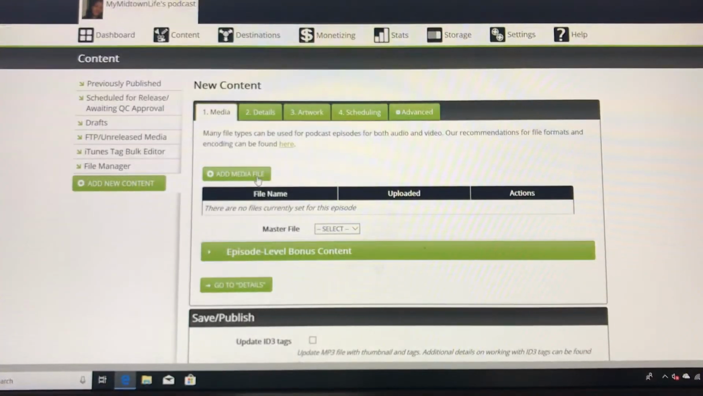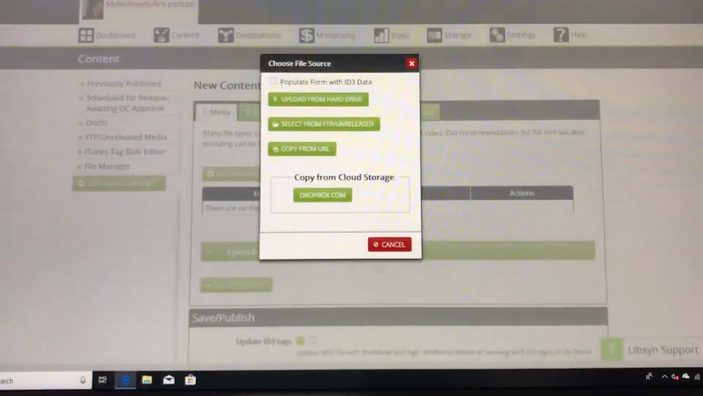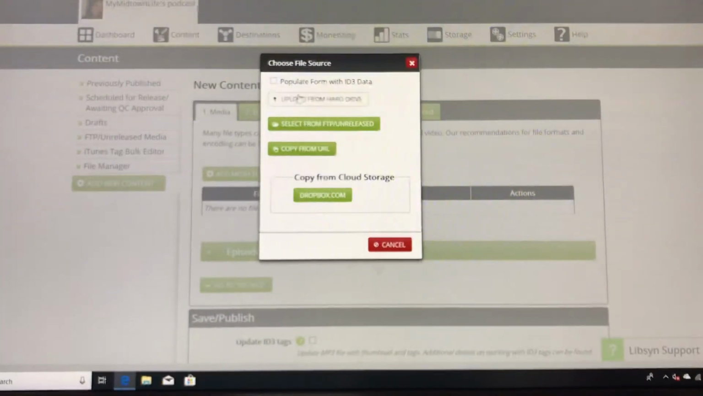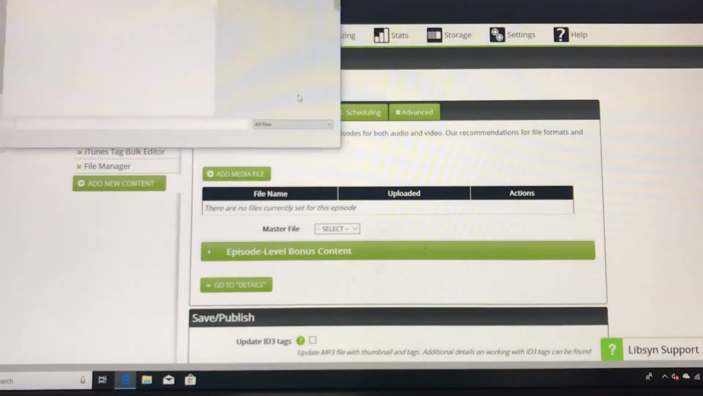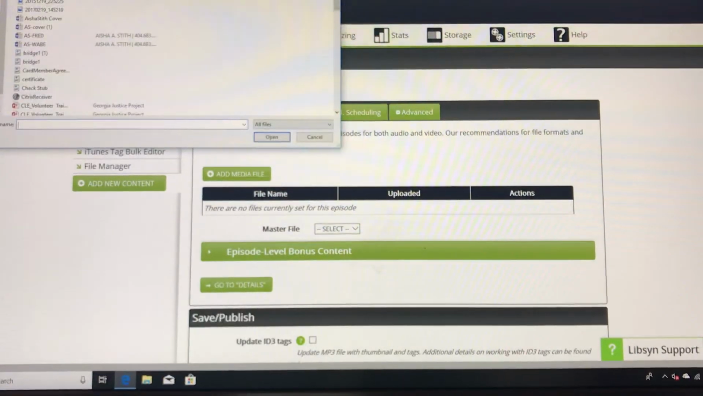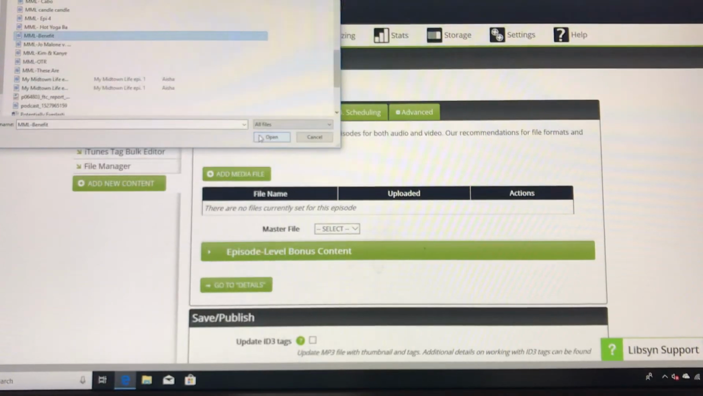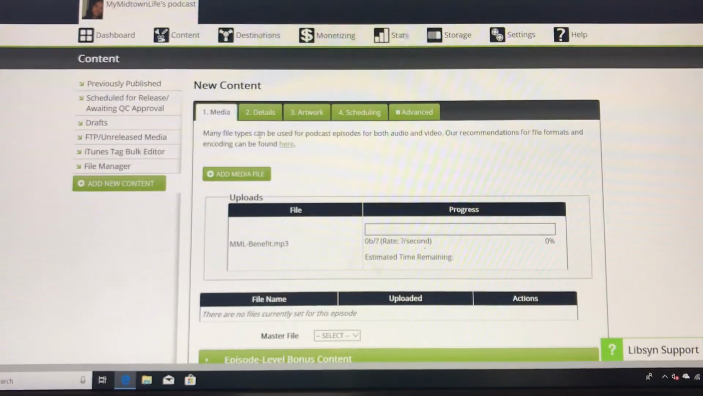So you're going to add media file. I upload from hard drive. Again, you do if you are using Dropbox. If you're doing it all on your phone, you probably need to use Dropbox. And I'm going to go to the episode that is saved as Benefit. My Midtown Life is the name of my podcast. Of course, check it out. And it will upload. And while it's uploading, I'll tell you the hardest part of podcasting and uploading